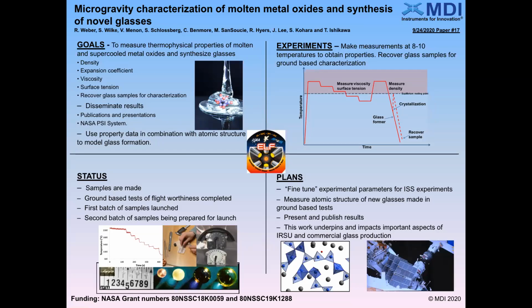We have about 1 hour of orbit time between cutoffs in communication. So the goal would be to complete a sample in a 1 hour portion of orbit, or if necessary it can be cooled and reheated and the process completed in the second part of the second orbit. So each cycle will last maybe 8 to 10 temperatures, and these will be held for about a minute each as the drop is oscillated in the levitation system by adjusting the control parameters from the ground-based control room, and